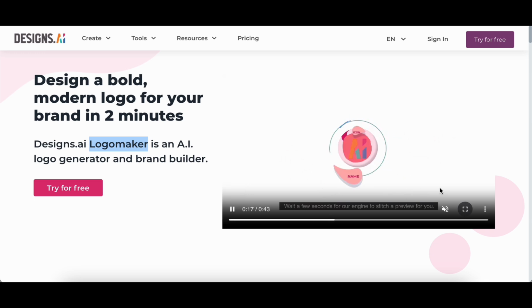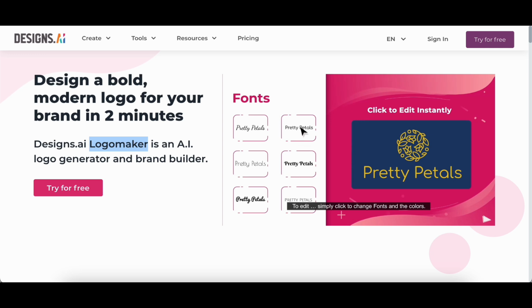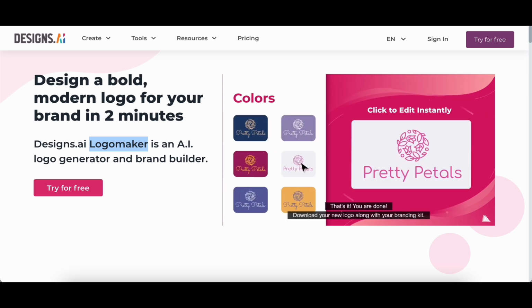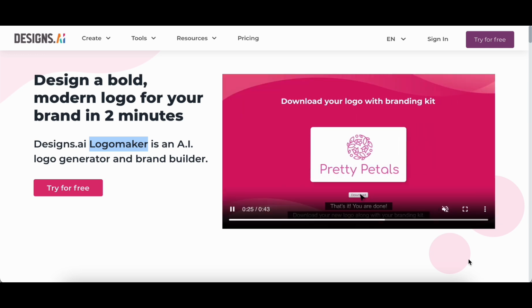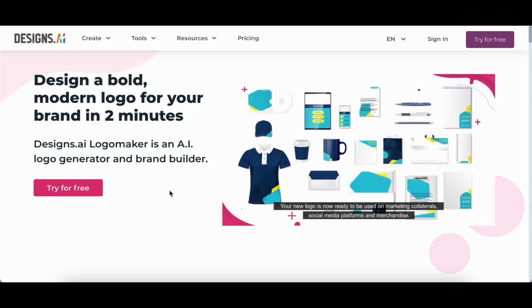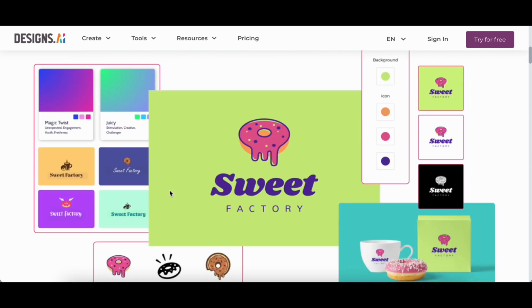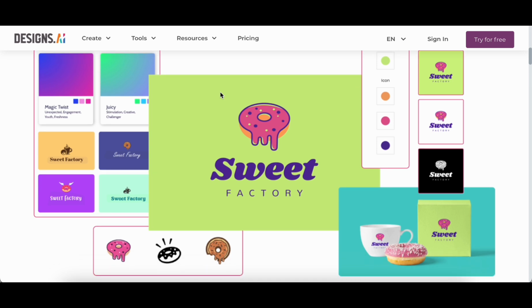With its ability to instantly generate a spectrum of design options and provide a comprehensive branding kit, Logomaker positions itself as an invaluable resource for businesses seeking an all-encompassing solution to their logo creation needs in 2024. As we navigate through the landscape of top-tier AI logo makers for 2024, the third noteworthy inclusion on our list